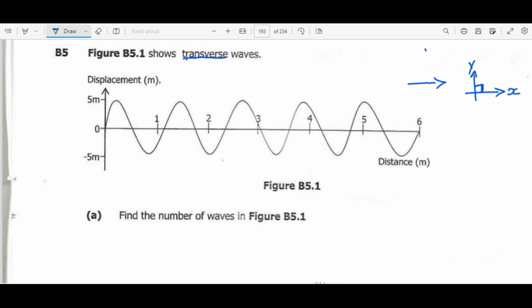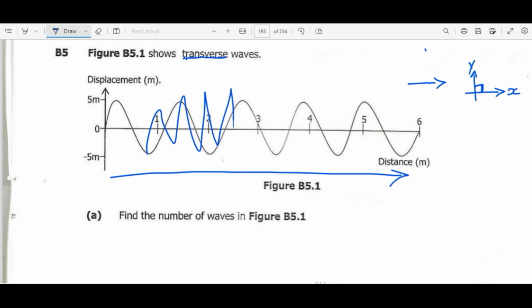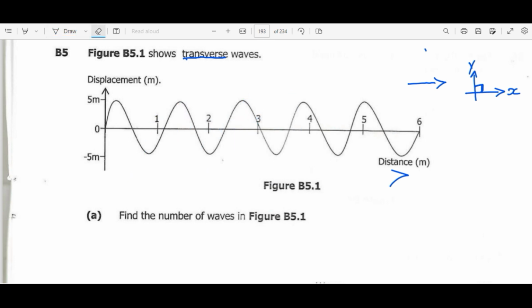So to summarize our answer, our definition, we say a transverse wave is a type of wave in which the vibration of particles is perpendicular to the direction of the wave. So that is what you have to use. As you can see, the wave is moving in this direction, then the vibration is like this. So the vibration is in the y-axis direction. That's why we are saying we are dealing with a transverse wave. Now from there,